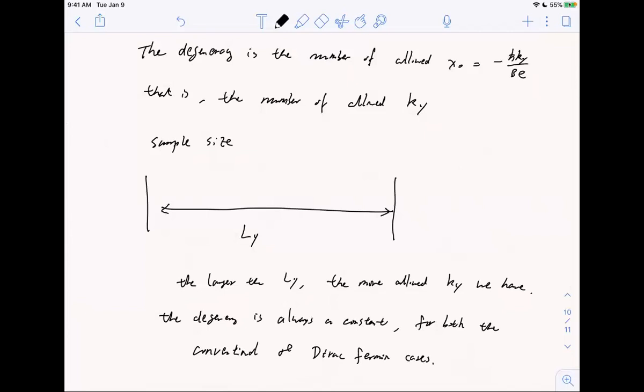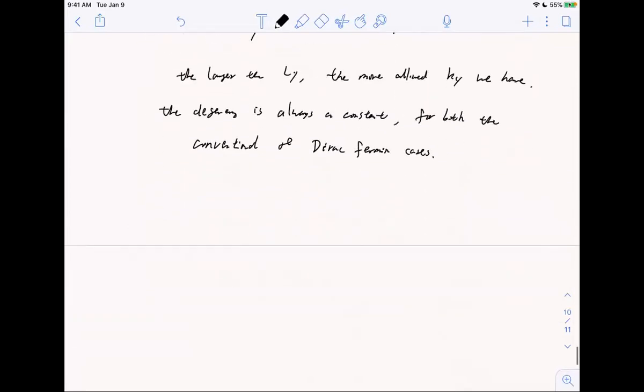It is always a constant. I think this probably is more useful than remembering the formula for the degeneracy. The degeneracy. Okay. Basically, for each cyclotron